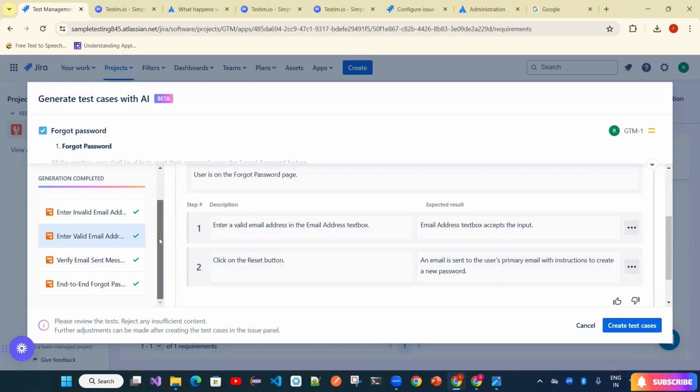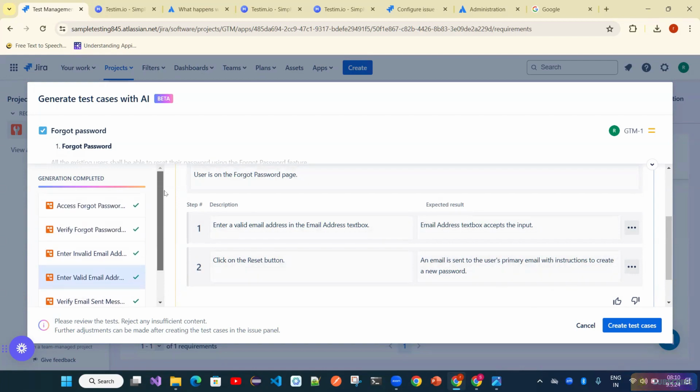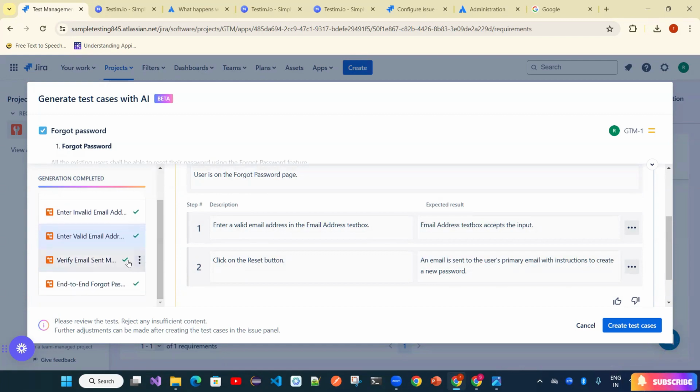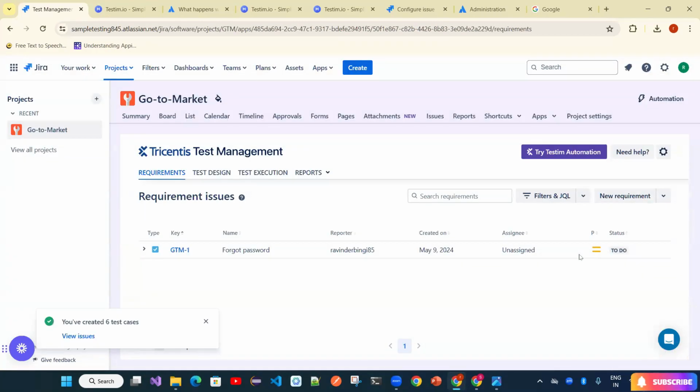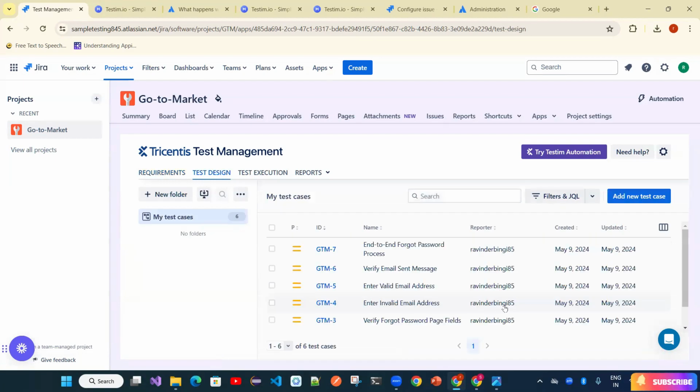So if you don't want any kind of test cases which is not required, you can simply ignore that by using reject. Okay. So are all our test cases mandatory here? So all are valid. Just click on create test cases. Yes. So all the test cases have been created. If you go to the test design section, you will see all the test cases. The same way, I'm going to create another one. Example,